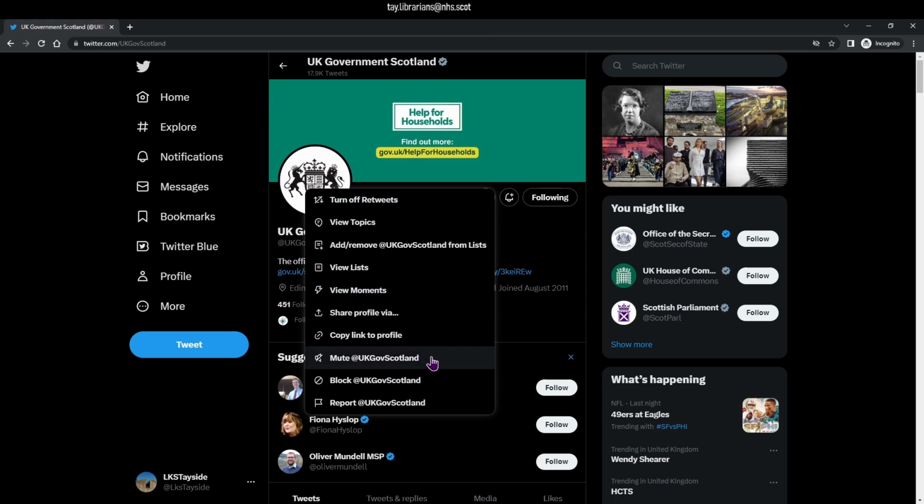So you can actually mute them, block them, and you can even report them. And just like with other social media, unfortunately, sometimes you have to report people because they are blatantly racist or sexist, or because they are making comments that just aren't right. This is again something where Twitter unfortunately has really declined in the last year.